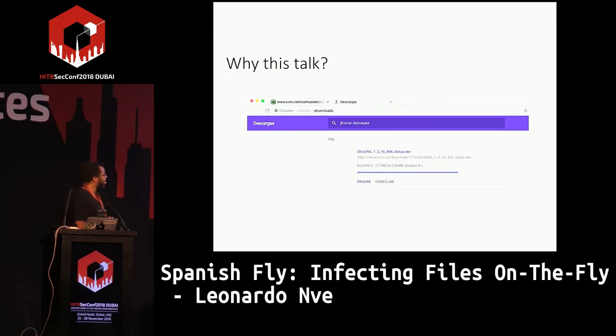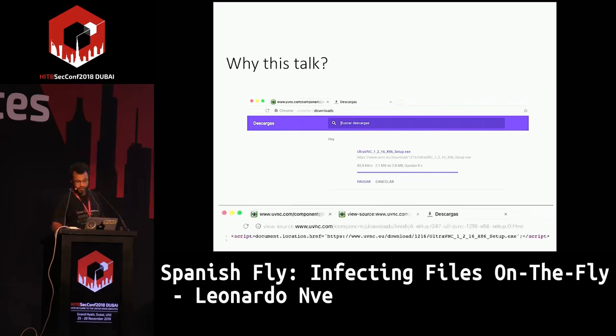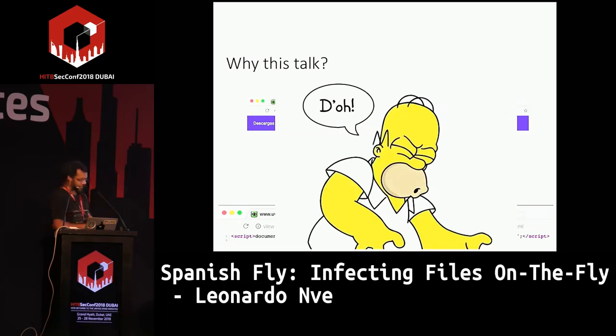But the problem, for example with UltraVNC, also a popular program, is that the download page has a reference, when you click download, to an HTTPS URL on an HTTP page. So every hacker and security professional will know that a simple SSL strip attack can translate that to HTTP. So you are in trouble with that. The policy is not well implemented.